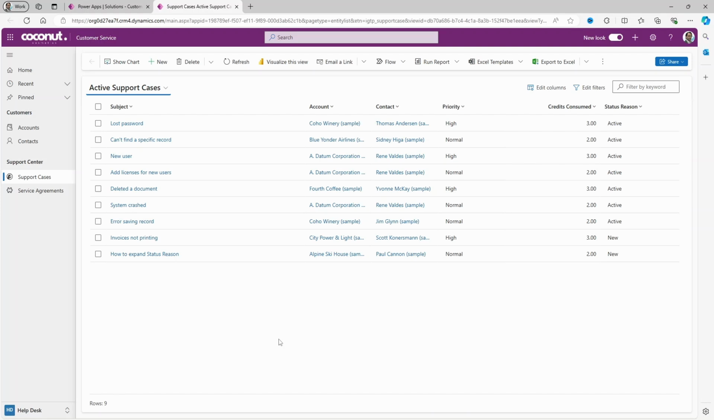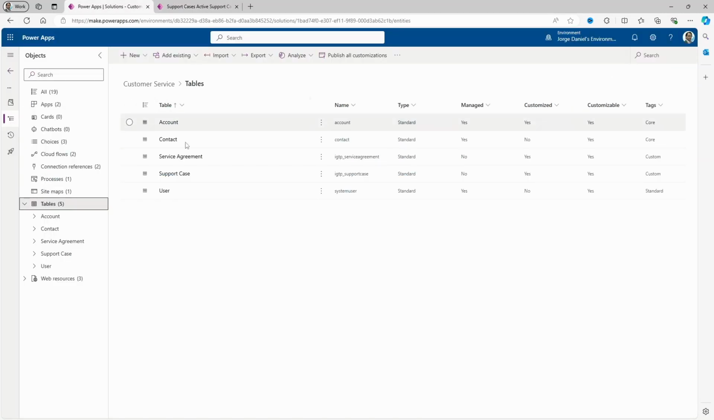And when a case is closed, we can send the customer a survey so we can rate our service. So we are going to implement a choice column consisting of a range from 1 to 5 stars. Let's do it. Let's open our support cases table